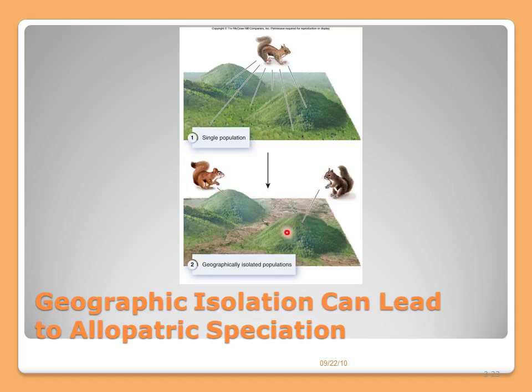And the squirrels on the other side of the mountain, only the squirrels with the gray color survived, maybe better conditions where they could blend in better over there. And they ended up with the red squirrel over here on this mountain, the gray squirrel over here. And eventually what happens is if organisms become so different over time, even if later they could get back together,